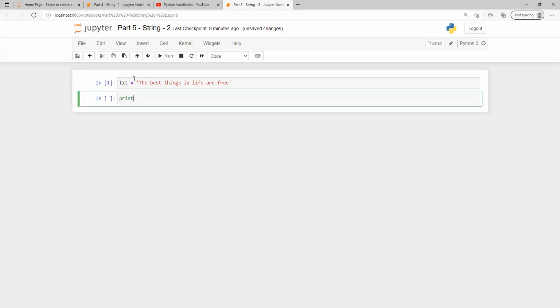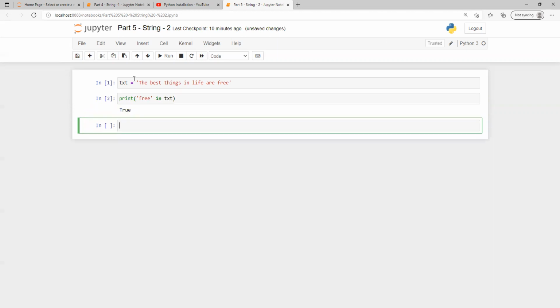For this we have one function called in. Suppose I want to search whether "free" is there or not. Already it's there, so I will put in, that function will do the work for us.